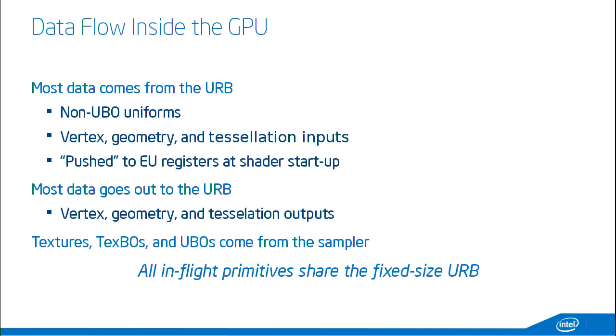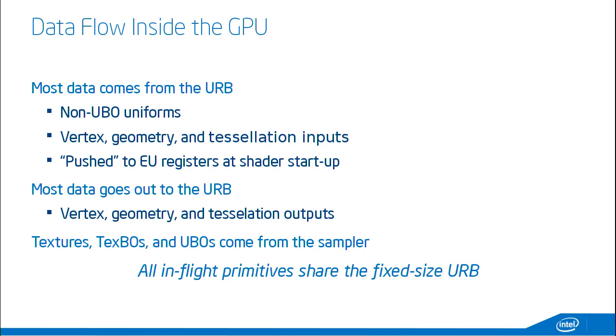So all of the non-UBO type uniforms go through the URB, vertex, geometry and tessellation inputs. And all of this data gets pushed into execution unit registers when the shader thread gets dispatched. So if you ever go looking through our hardware documentation, and there's a link a little bit later, or looking at the driver code,